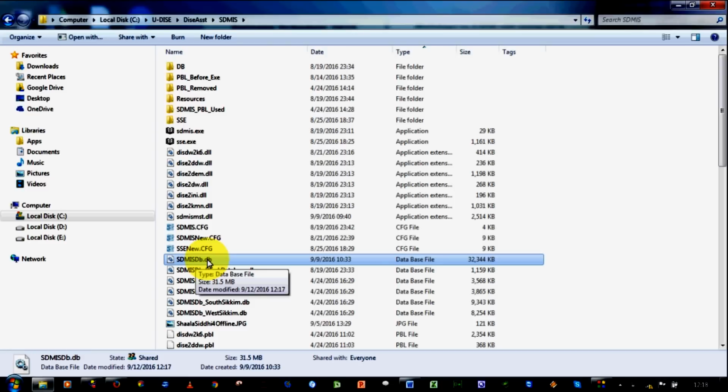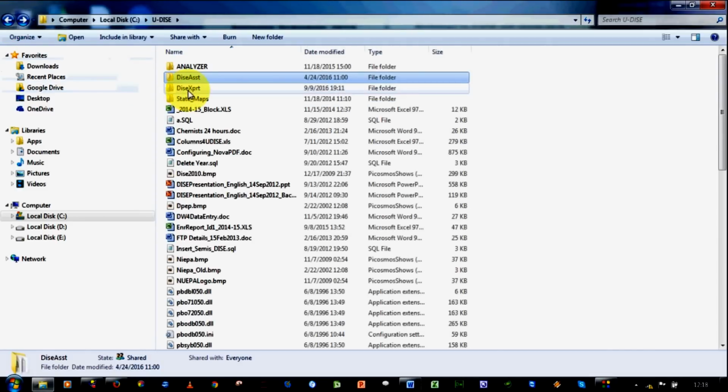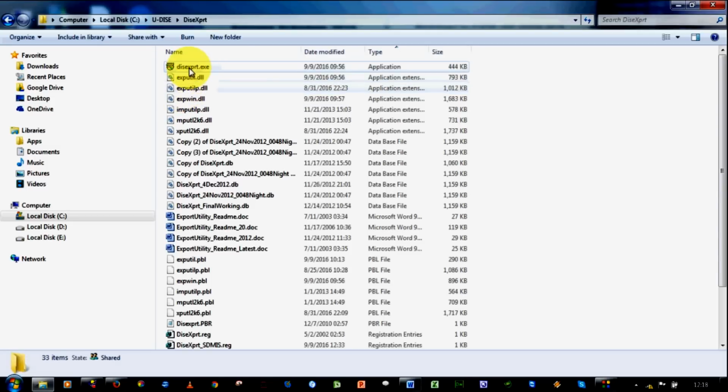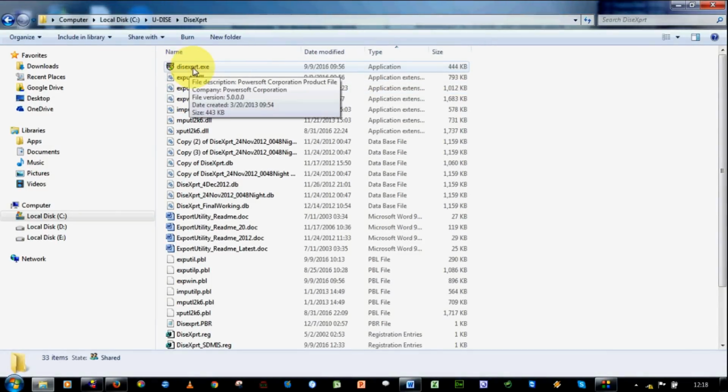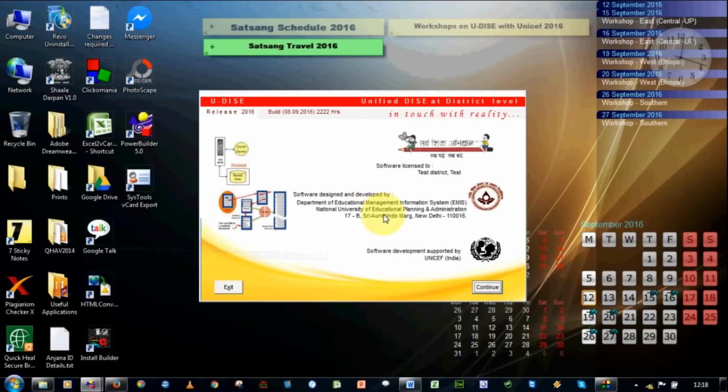On the machine where this data is to be merged back into Oracle in the UDISE, place this file in the same folder, in the SDMIS folder. Then execute the export import utility in the destination machine where the data of this file is to be transported from SDMIS-DB to the Oracle database. In the UDISE export utility, we have to use this file and execute the export import utility, and a screen like this will appear, and this is the procedure.